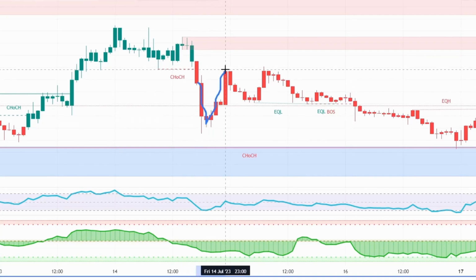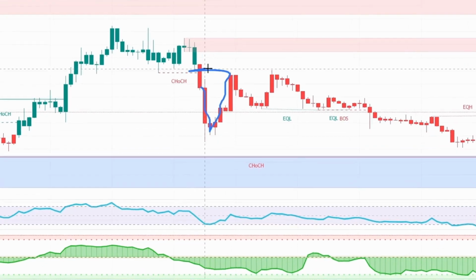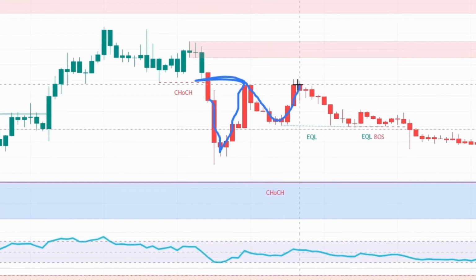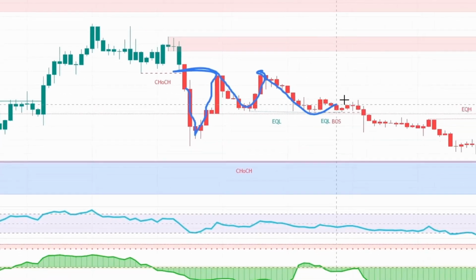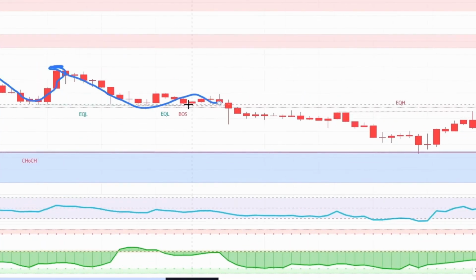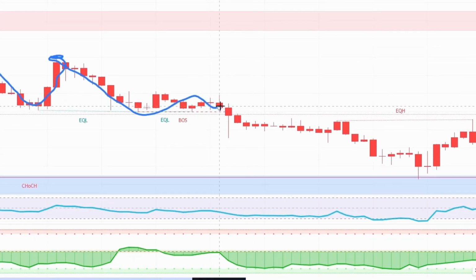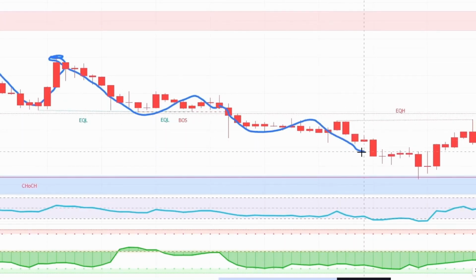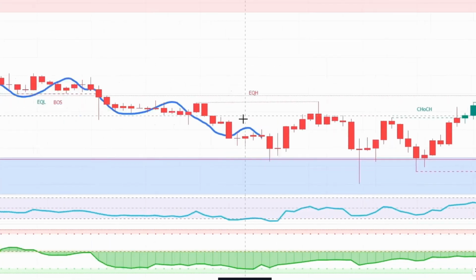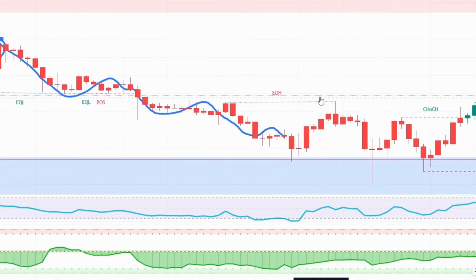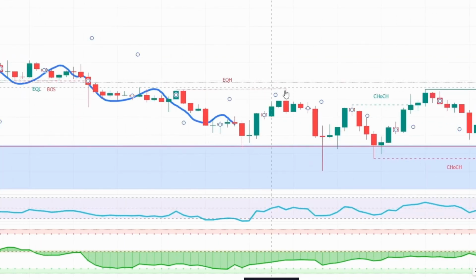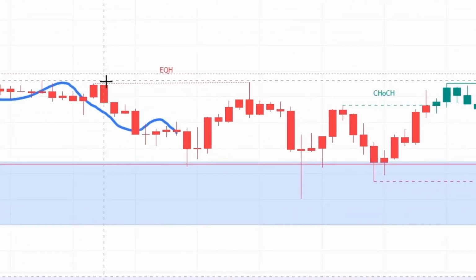But it's also the case here that although we moved down, take a look, we actually retested the change of structure here even twice before the price really continued downward. And we had the break of structure here, meaning that's where the structure continued. As I said, it only displays this visually. Then we also have EQL. What are EQL? Those are simply two equal lows, EQH in this case two equal highs, which actually represent a bearish